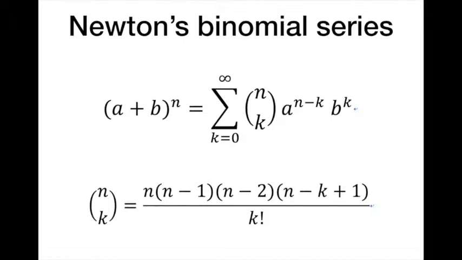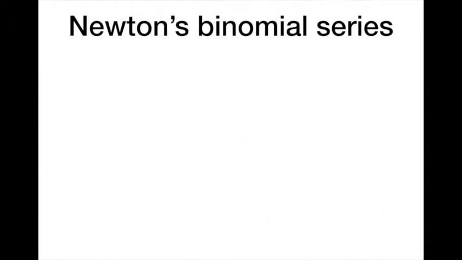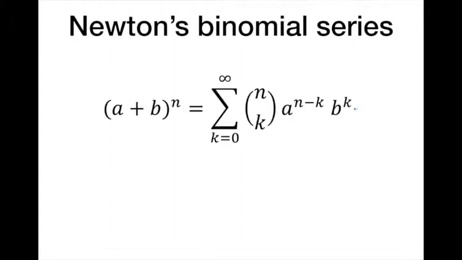In Newton's binomial series, the common form is (a plus b) to the power n equal to the sum of n choose k times a to the power n minus k times b to the power k,